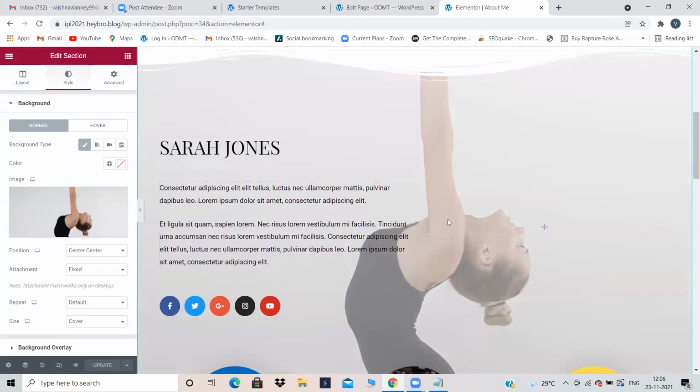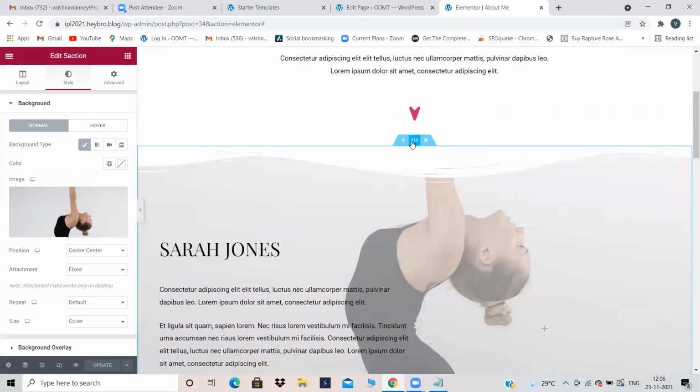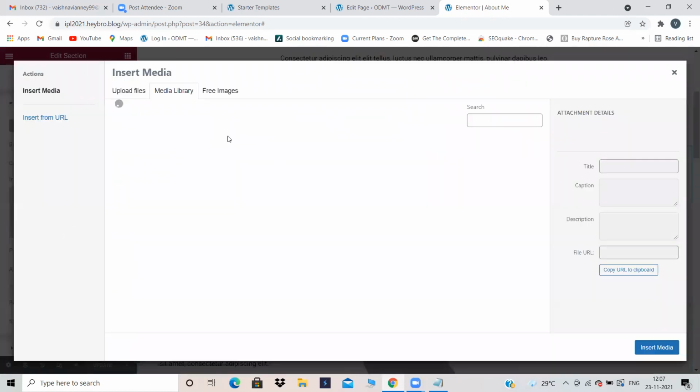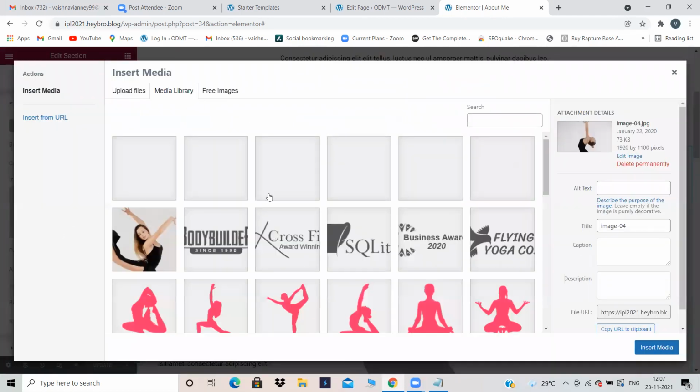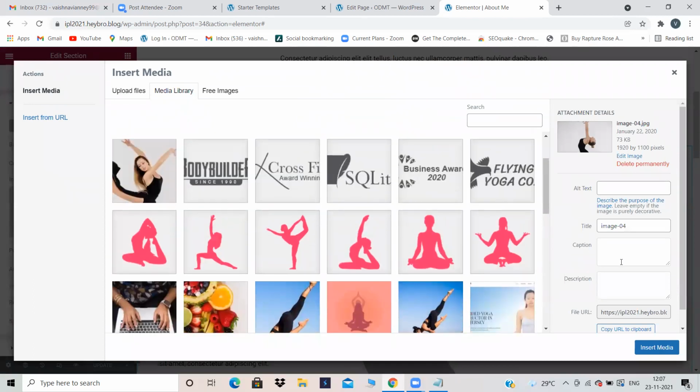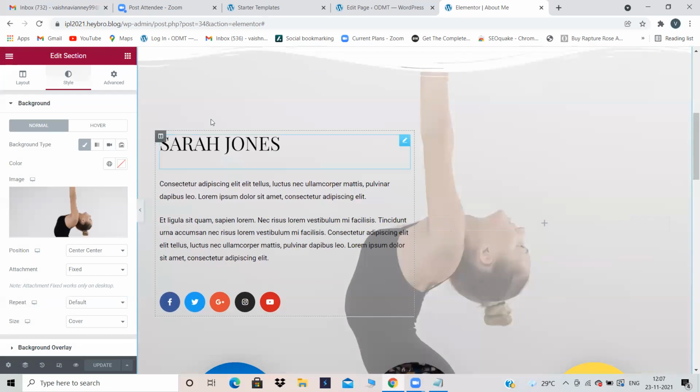See here, background, some image is there. I have just clicked on here and I have gone into styles and image. This image is there. You can choose in media library. If it's related to this particular website only will be there. You can choose any image and click on insert media. Then what will happen? That image will go. And the image which you have given will appear over there.